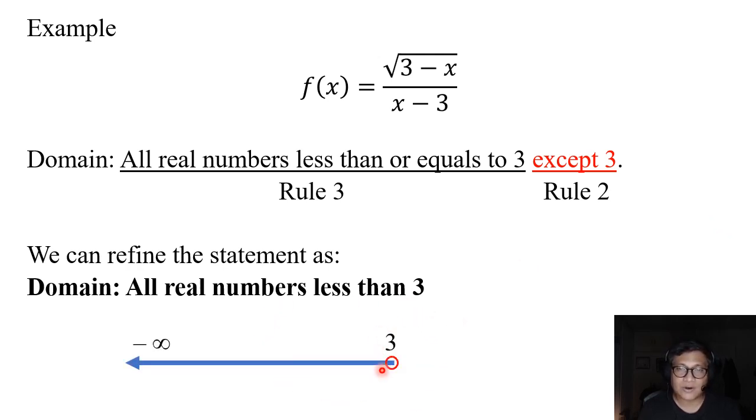So we can have an open circle here indicating that 3 will not be part of the domain anymore. But any number as long as it is less than 3 will be part of the domain. Okay, so